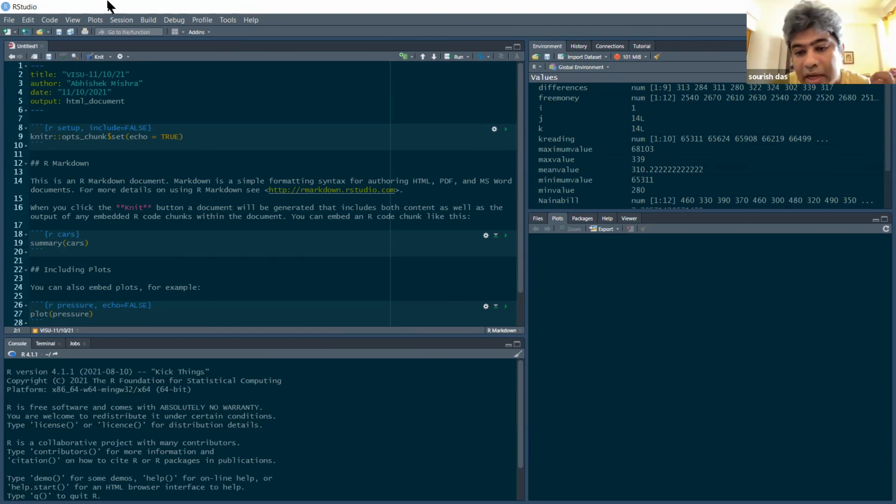Typically, you do your analysis in an R script, you create the graphs, you create the tables, and then in a document file, like MS Word or something, you write down all your reports, and then you plug in all those figures and tables and all the analysis.